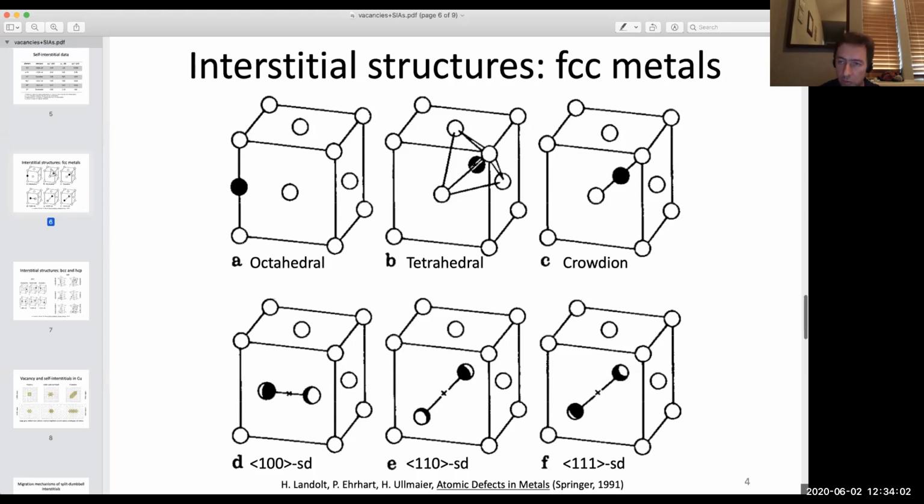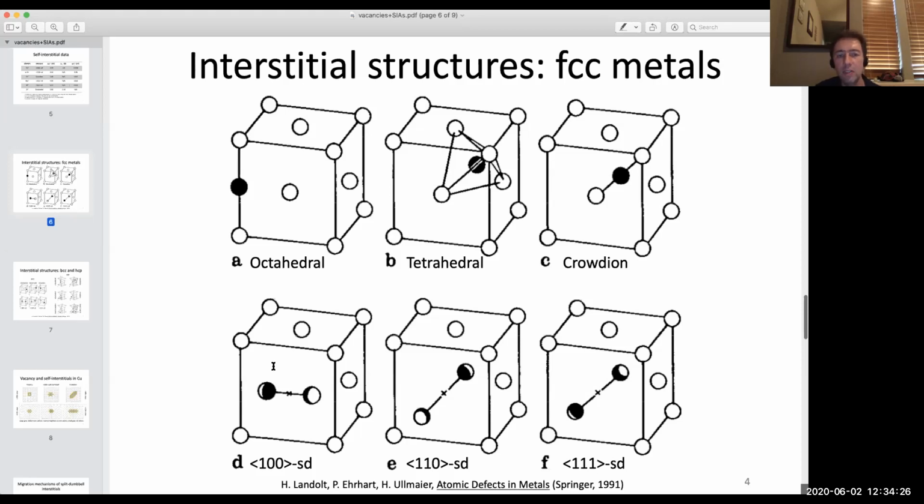Those are the two most commonly learned interstitial structures, but there are a number of other ones also. If I put an atom in between 2 nearest neighbor atoms, that's called a crowd ion. And then you have these kinds of interstitial structures, which are called split dumbbell configurations. Split dumbbells are created a little bit differently.